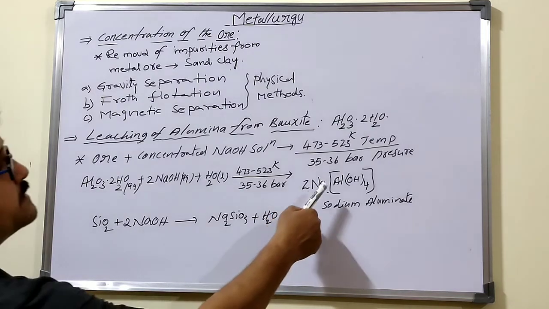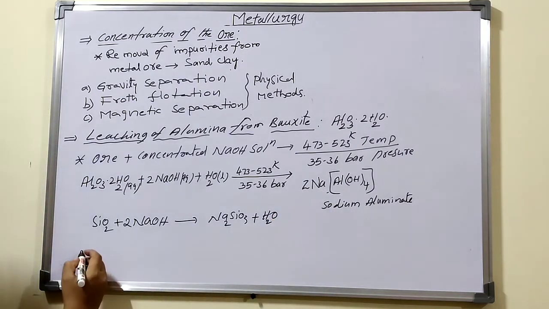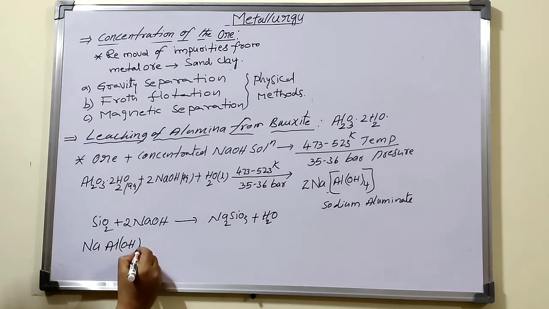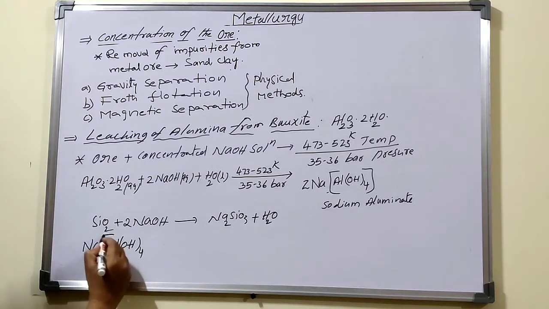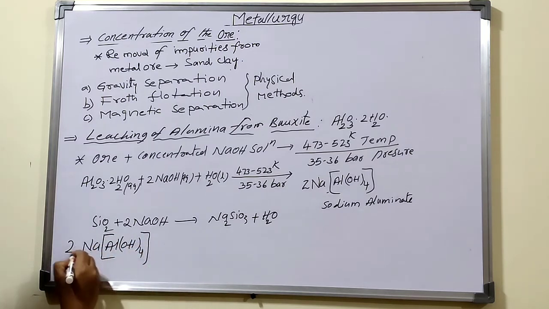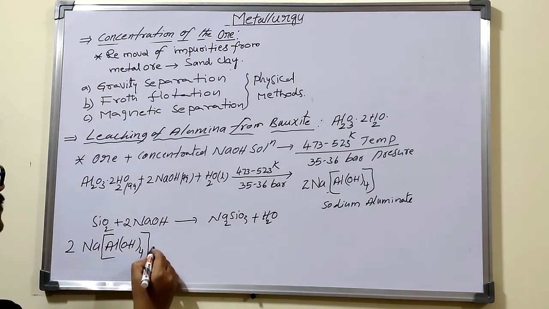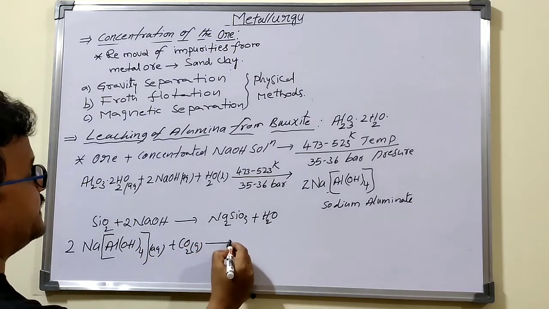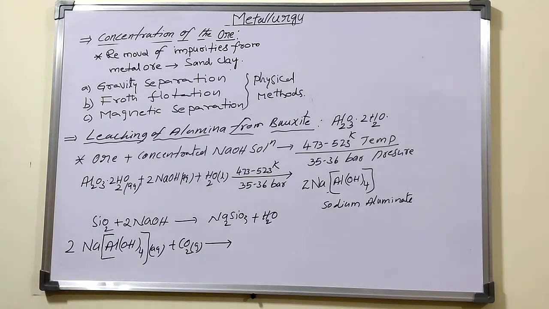Then this sodium aluminate is neutralized by carbon dioxide. Sodium aluminate is neutralized by carbon dioxide. This is in aqueous form, and carbon dioxide is a gas. When sodium aluminate is neutralized by carbon dioxide,